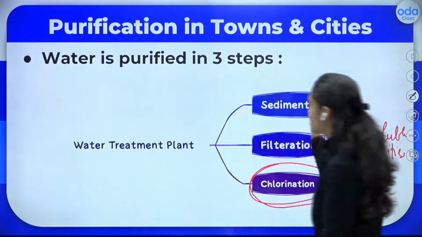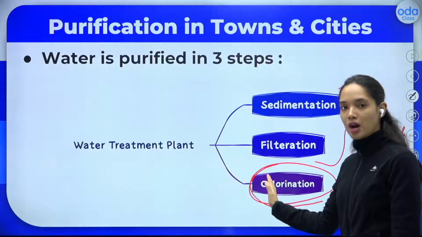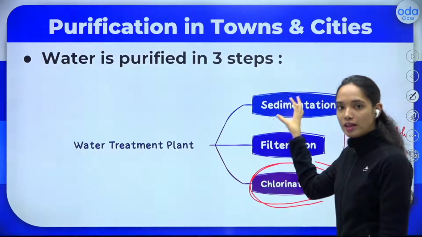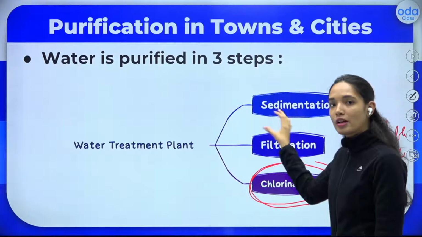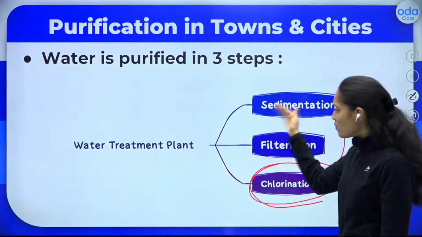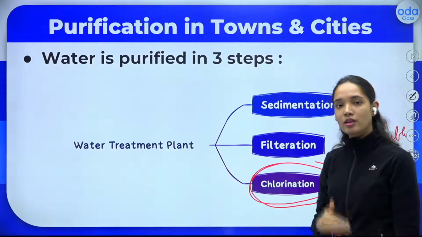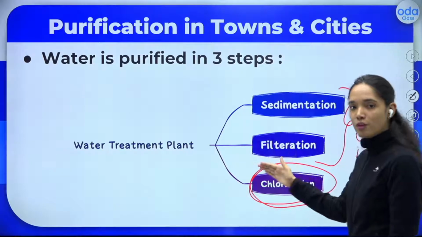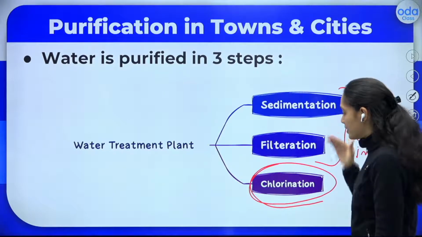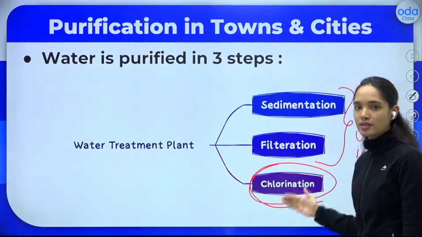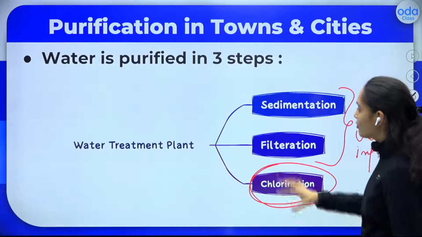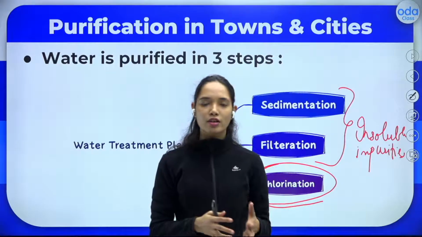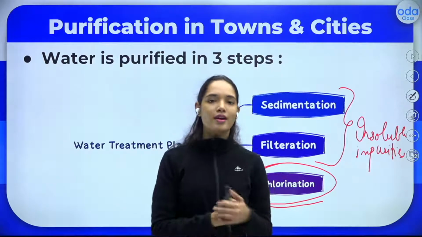So these are the 3 steps followed in a water treatment plant to treat water. First, they allow the water to settle down, so the insoluble impurities settle. Then they pour the water through filters, that is, filtration is done. Once the filtered water is ready, they add chlorine to it to kill the germs, that is called chlorination. After this process only, they supply the water. Okay? The municipality or the organization will supply the water to our households.